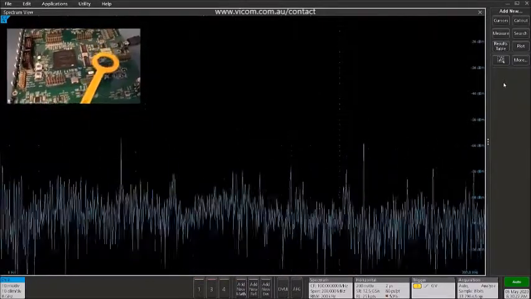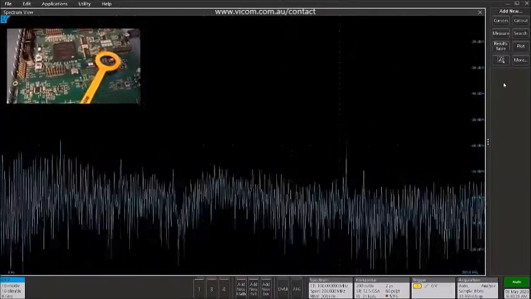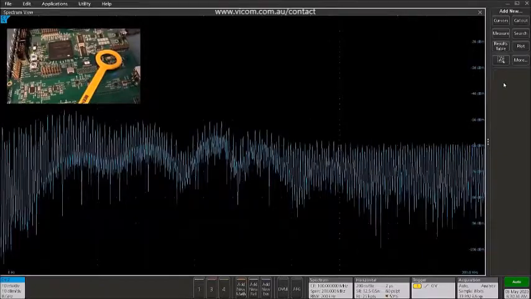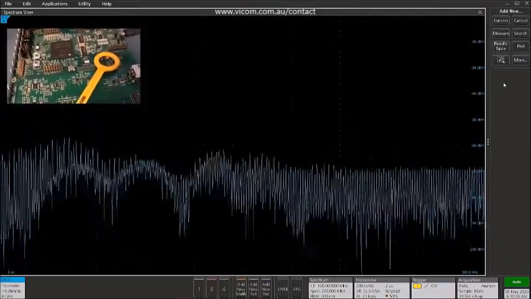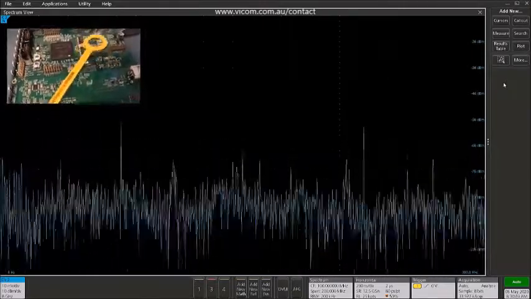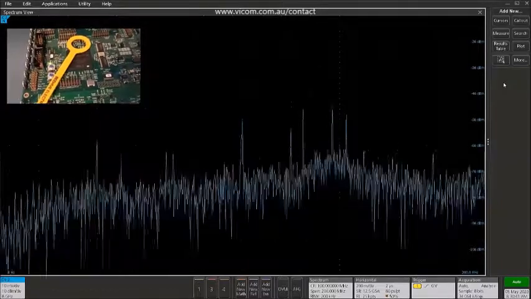For example, if I move the probe over to this area here, we can see on the spectrum display a broadband set of RF activity, and that's due to the fact that this is the switching power supply area of the board. There's an interesting signal that we want to look at right in this area here, right near the